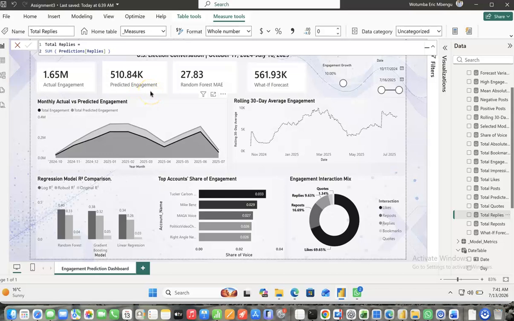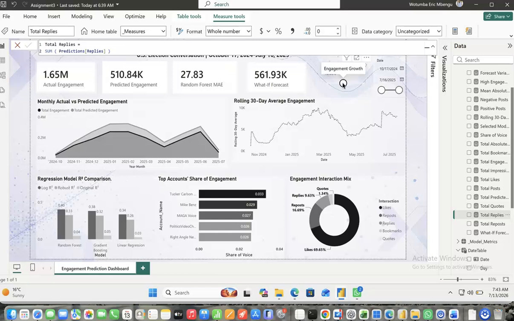For predicted engagement, we have 510,000, and we also have a mean absolute error for random forest of 27.83 and a what if forecast of